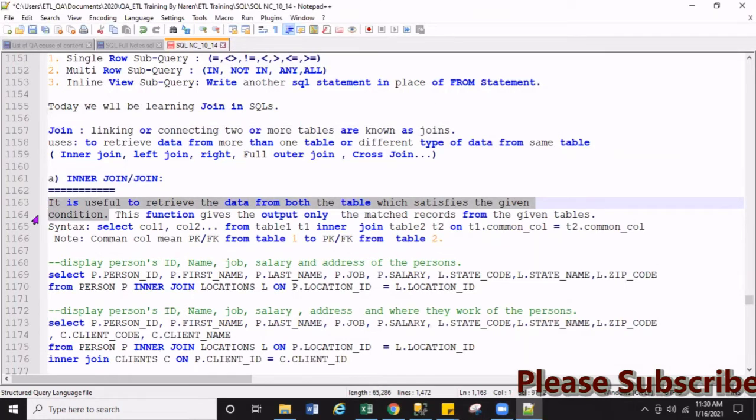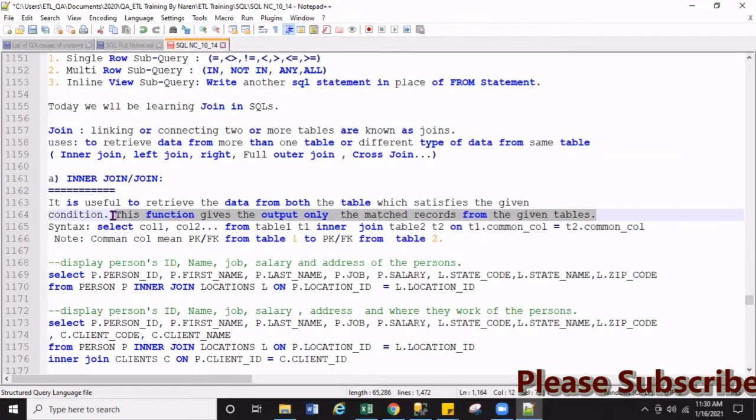Let's see what type of condition is there. See here, very important: this function gives the output only for the matching records from the given tables. So if you have joined two or more tables, only if the records match in all the tables does it give the output.